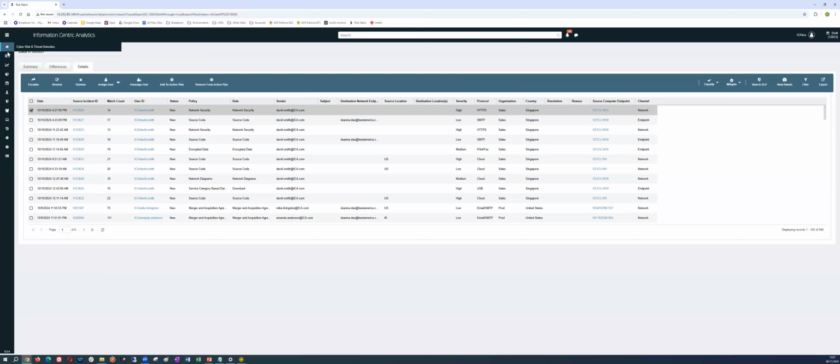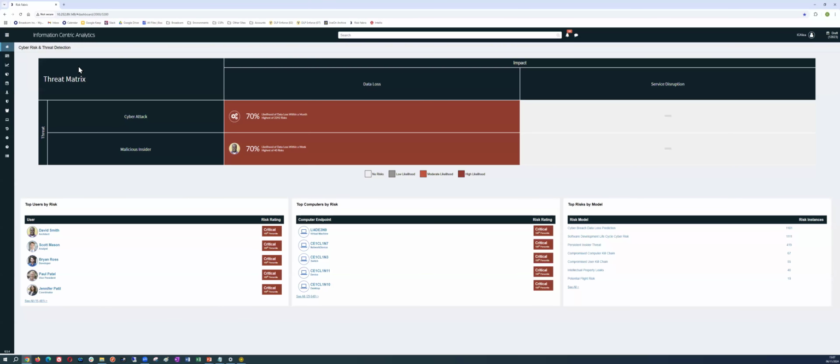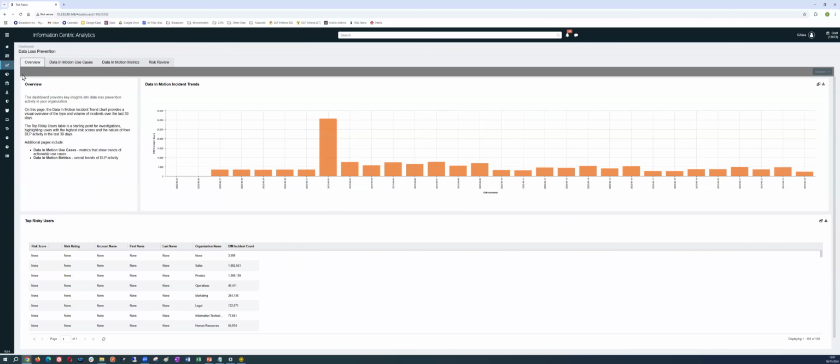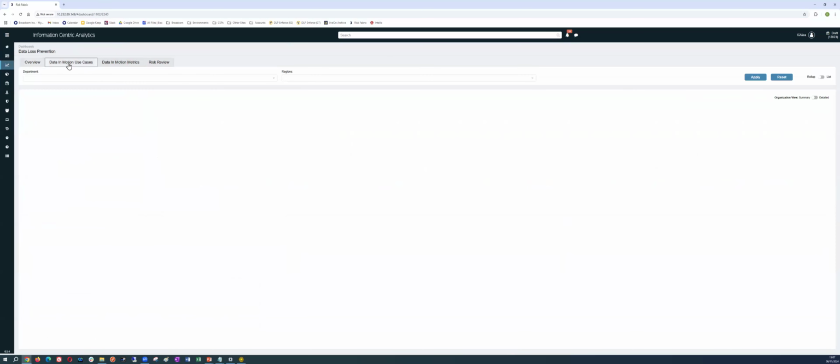Now we're looking at that reporting and visibility and those trends. We've looked at all of those dashboards which give the reporters, the responders, and the analysts those views of incidents, but we want to look at that CISO view, where we're looking at the trends. So if we go to our dashboard section and click on the data loss prevention tab, click on data in motion,